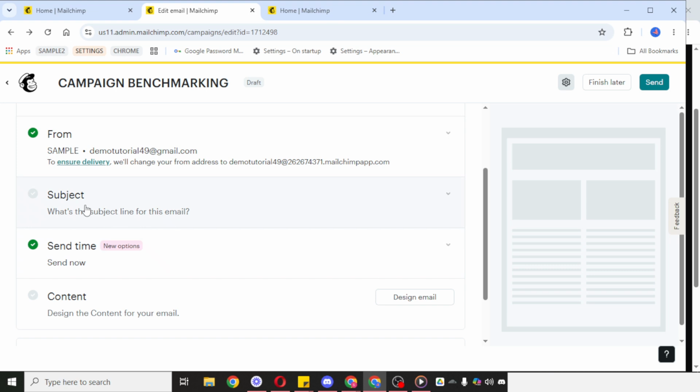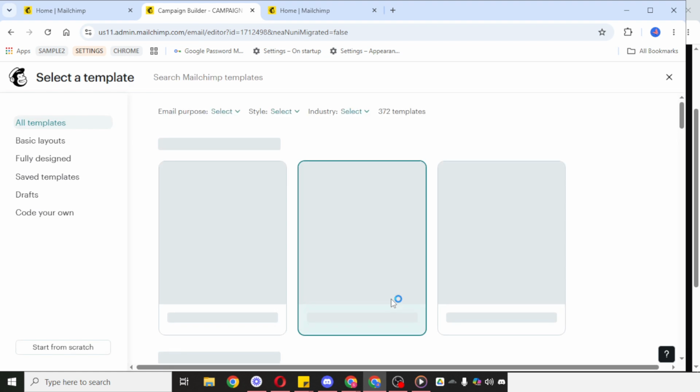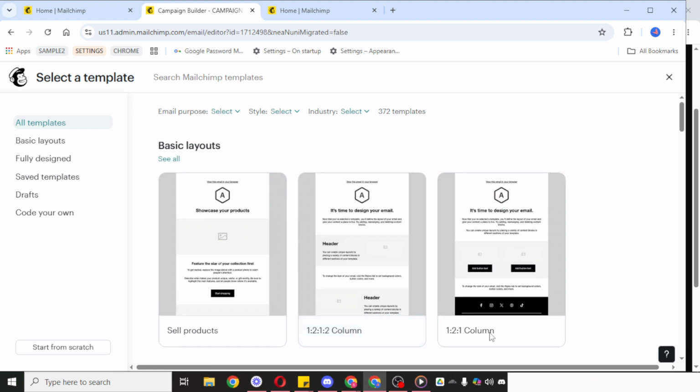After that, select the Design Email option. This is where you choose the layout and appearance of your message. Apply the design you want to use, and then customize it based on your content, branding, and goals. You can adjust the text, images, colors, and overall structure so the email matches your message. As you customize, it's a good idea to review everything carefully to make sure the design looks polished and consistent.